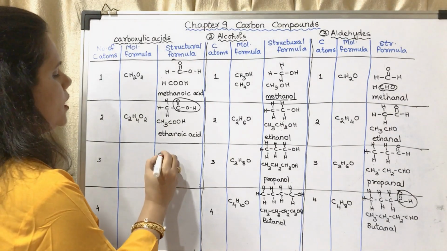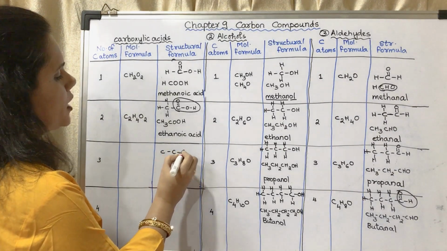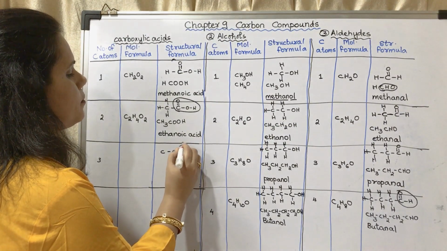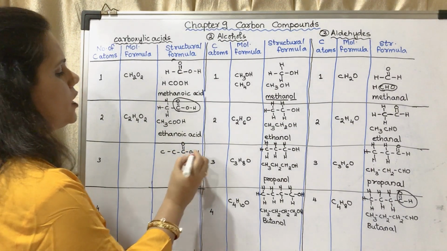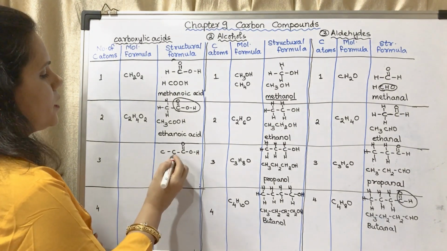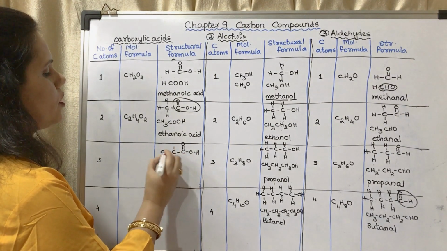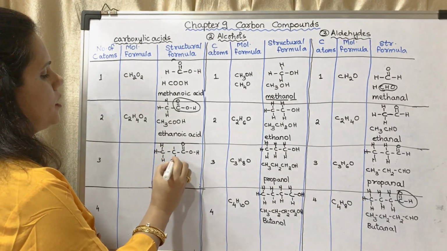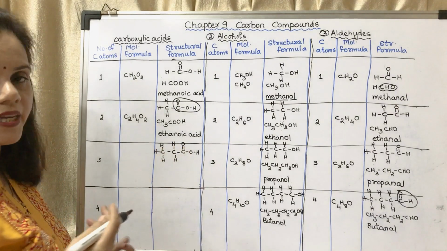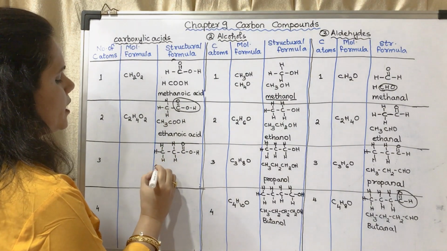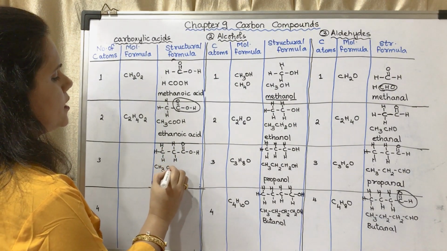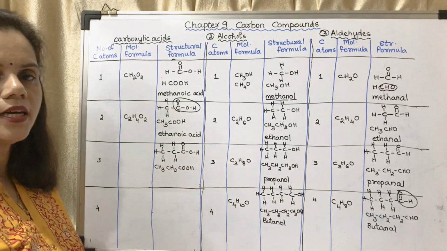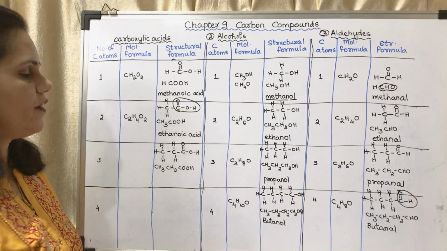3 carbon atoms. I will show you 3 carbon atoms. I have drawn the backbone with 3 carbon atoms. One is having a double bond and OH. This makes the functional group. There are 2 left. I have to draw the 4 branches. So I have drawn H everywhere. Okay, the 4 branches which are left. So this will become CH3, CH2, COOH. Okay, this will be the condensed structural formula.